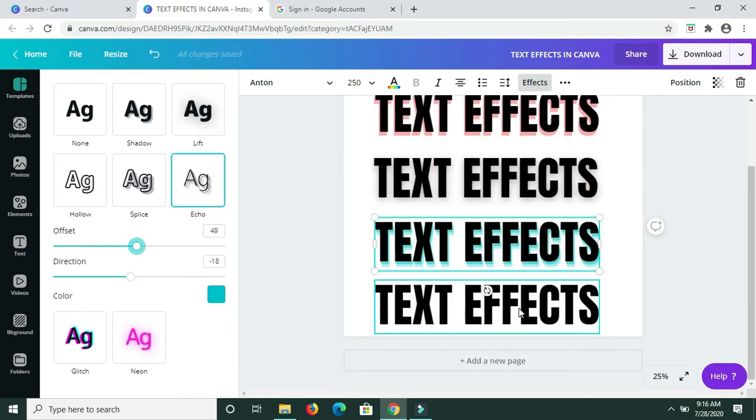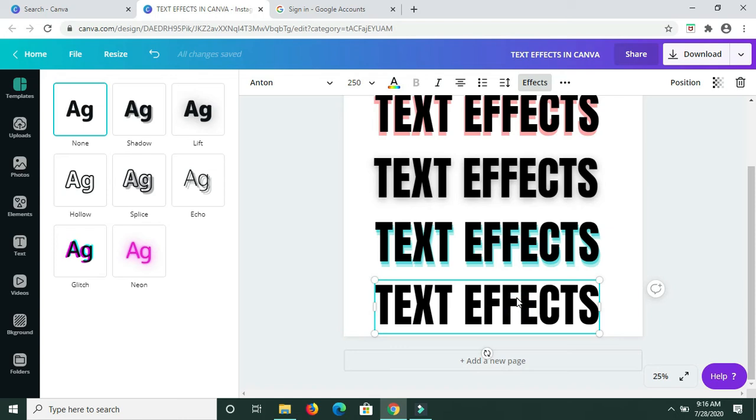Oh my gosh, we only have one more text. I think I'm gonna create another page because I need more of this. Okay, so next I'm gonna look at